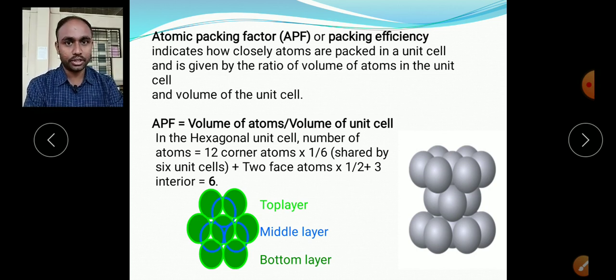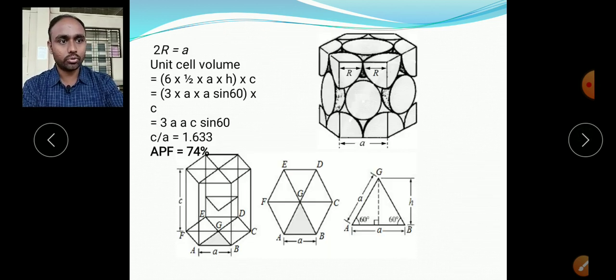As in case of simple cubic or in case of cubic structure, each and every corner atom is shared by 8 different unit cells. In case of hexagonal, it is shared by 6 different unit cells, right. In the next slide you will understand how I am talking about this, okay, right. See this, if I am talking about this corner atom, just talk about this corner atom.